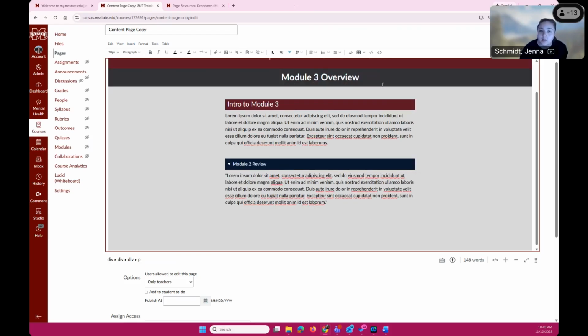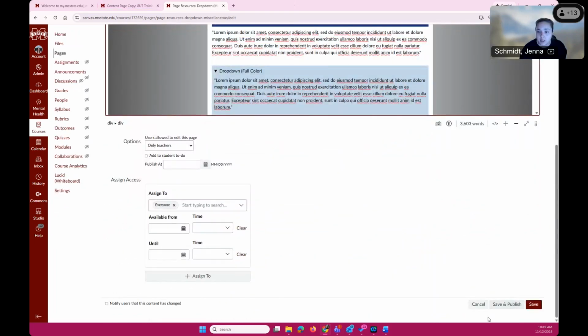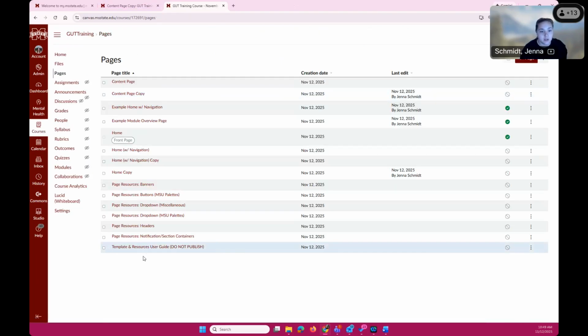Last thing that I want to show y'all is the buttons, because I know that's going to be a highly used thing. I feel like headers and buttons are our most used elements. So we'll go to the pages, and let's say we want to just put a button into, maybe there's an exam in this module, okay? So we'll go to our buttons,